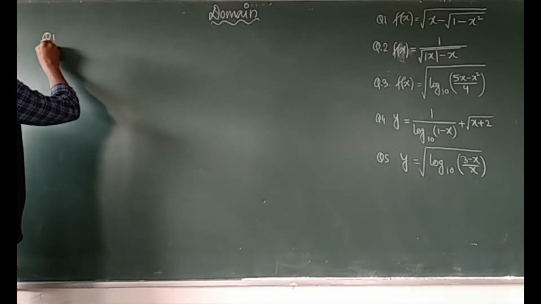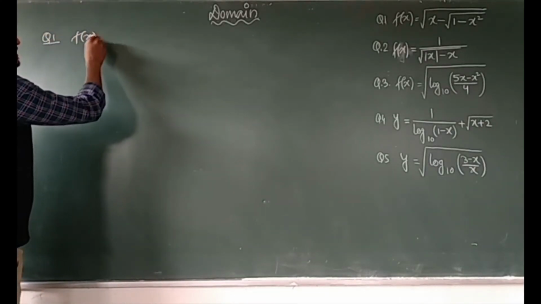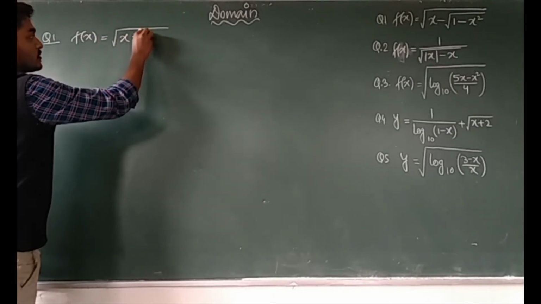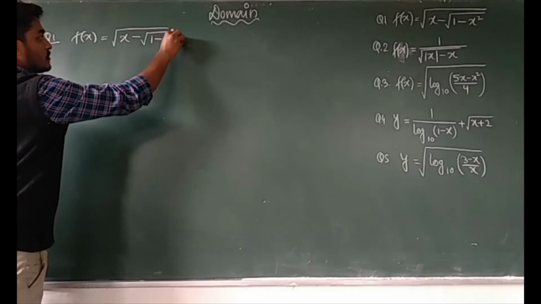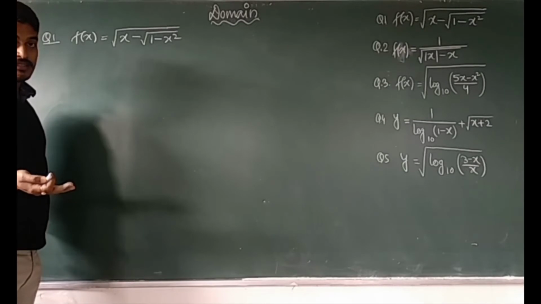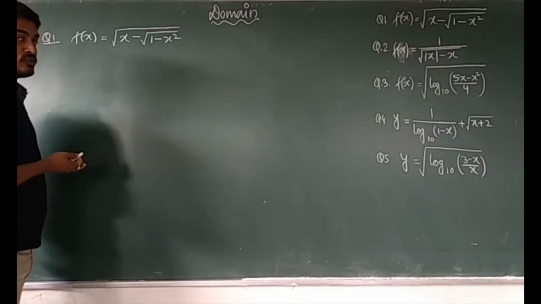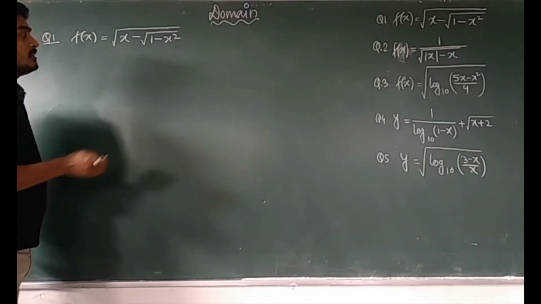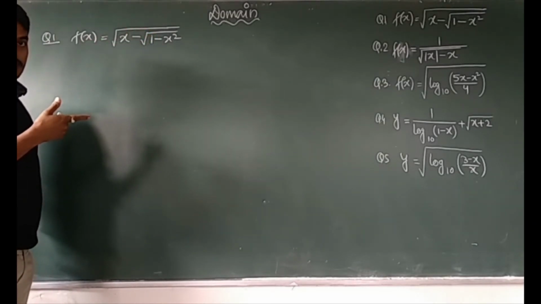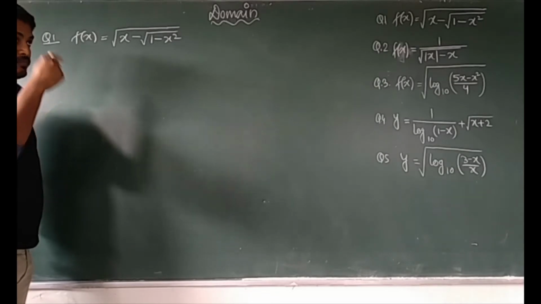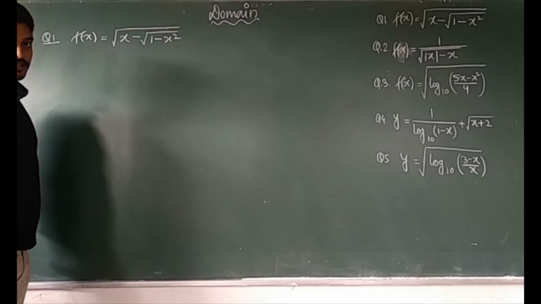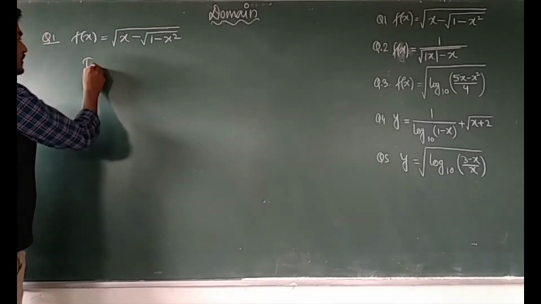Question number 1: f of x equals square root of x minus square root of 1 minus x square. As you want to find the domain, first of all we have to decide under what condition this function will be defined. We know that if the term under the square root is a negative quantity, then it will be a complex number. That's why the term under the square root should be a positive quantity. So we have to write down, to define it,